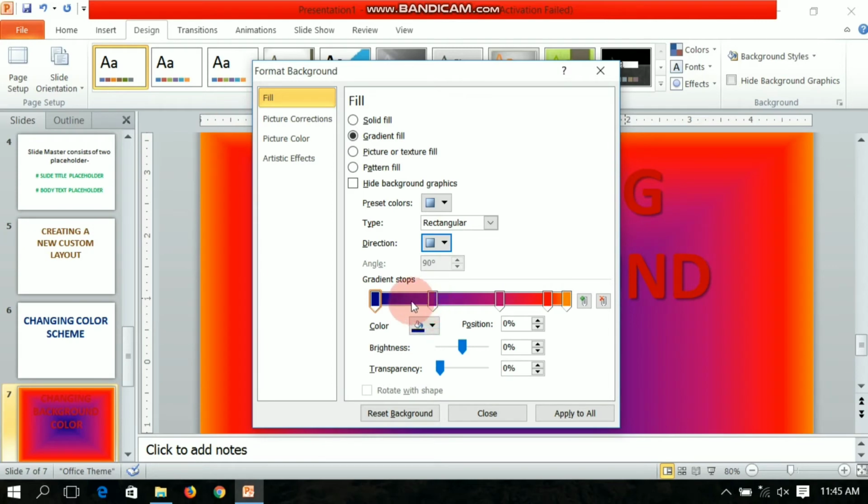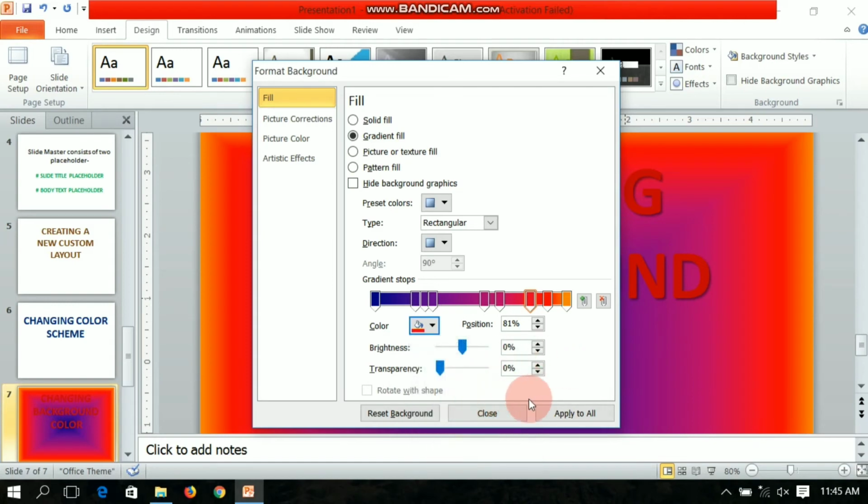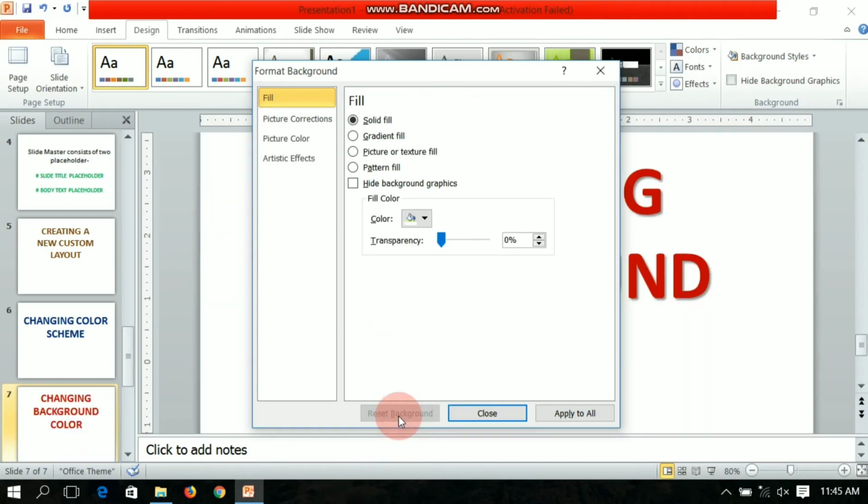Okay, and you can choose the colors where it stops. Okay, and out of these colors, you can click on more colors as well to select from this, and you can apply to all. If you don't want it, you can reset the background.